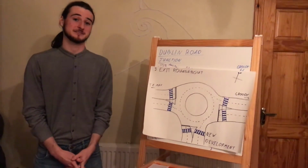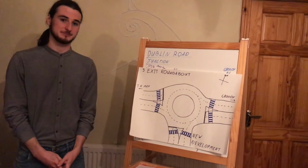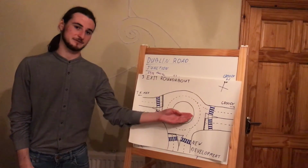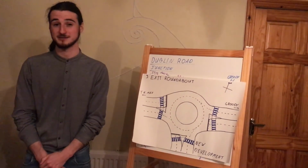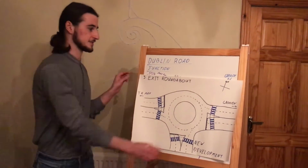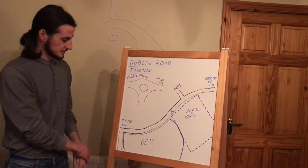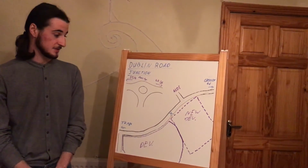Thanks, Jack. I will be discussing the transport and planning part of our project. So our 3-exit roundabout proposal goes through the Dublin Road. So this is the westbound, this is the eastbound, and this is going southbound into the new development of 5,000 square metre comparison and the 2,500 square metre convenience retail. So if I take this off, you can see a blown out version of it. And you can see the T junction where we did our traffic count survey